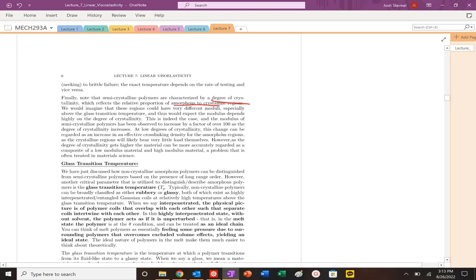Again, semi-crystalline materials will have some crystallinity, and you could have amorphous materials as well, and you'll see some of these different characteristics. So next time we are going to get into one of the key characteristics of polymers, glass